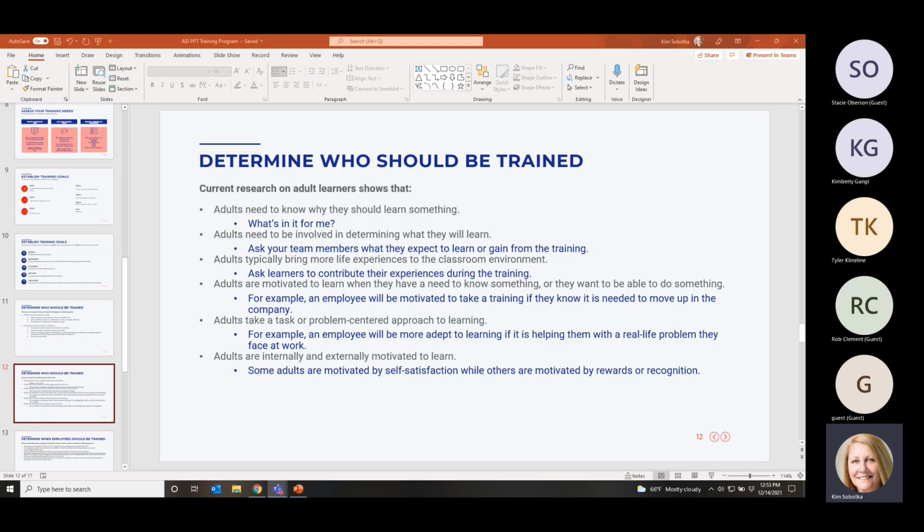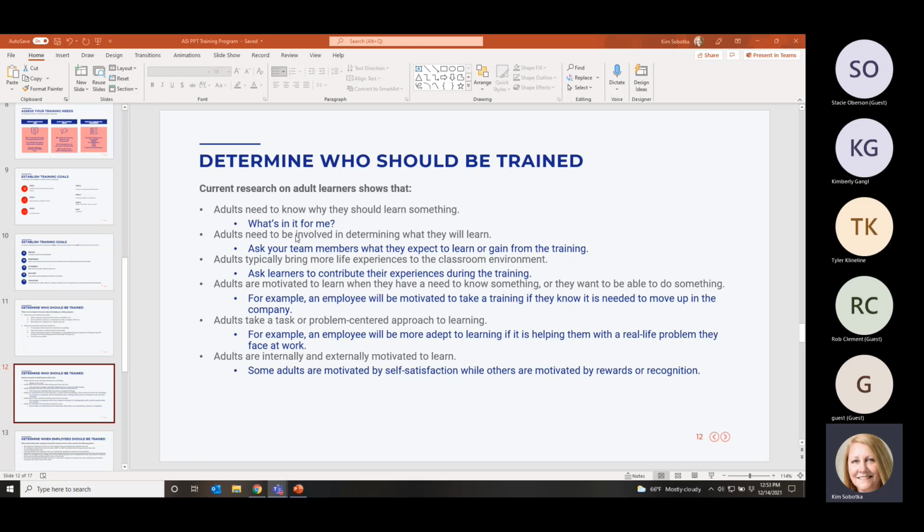But what is an employee's response to you, what do they expect to learn or gain from it? Hopefully, you've created a positive environment and they want to gain knowledge so that they can use that in the future, either to make more money or to get a promotion or to get a position that they'd really like to do at your company.